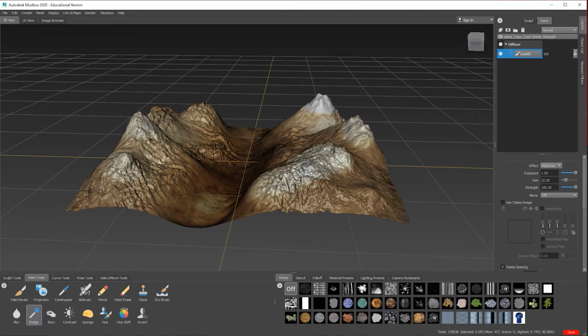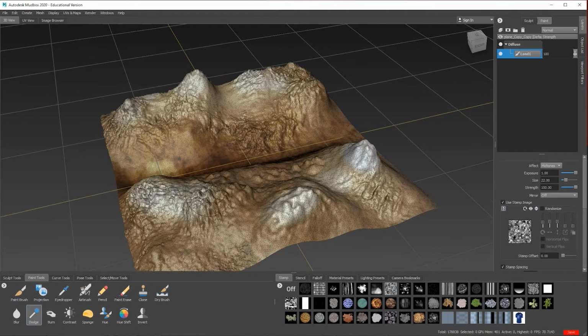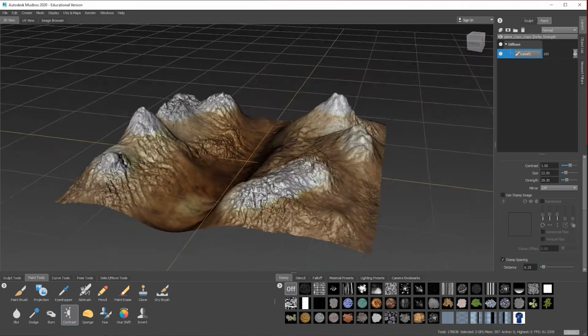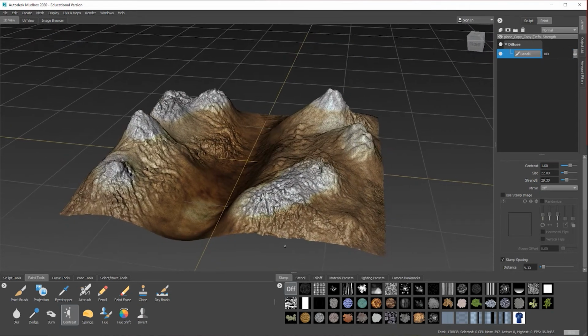So on some of these tips, again, instead of just using the straightforward dodge, you can choose like a stamp to stamp on, so it's not just perfect. And again, I'm not going to do this perfect. I'm rushing it because I want to show you just how to get it through.